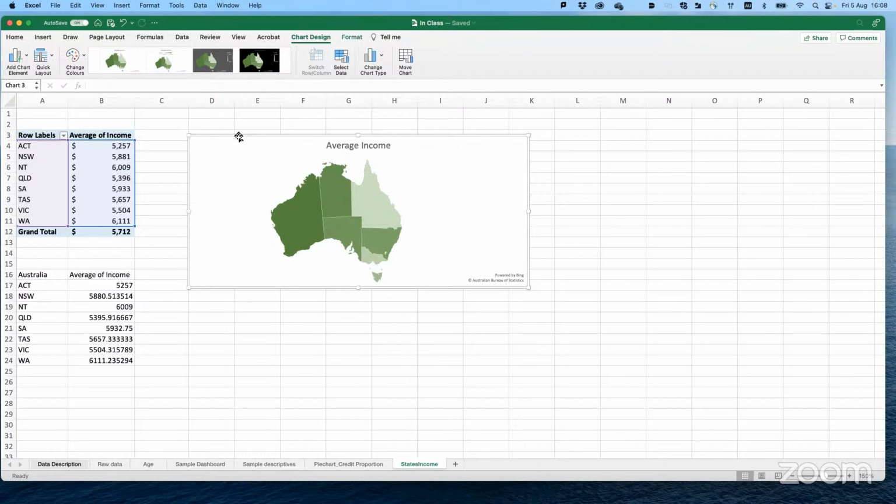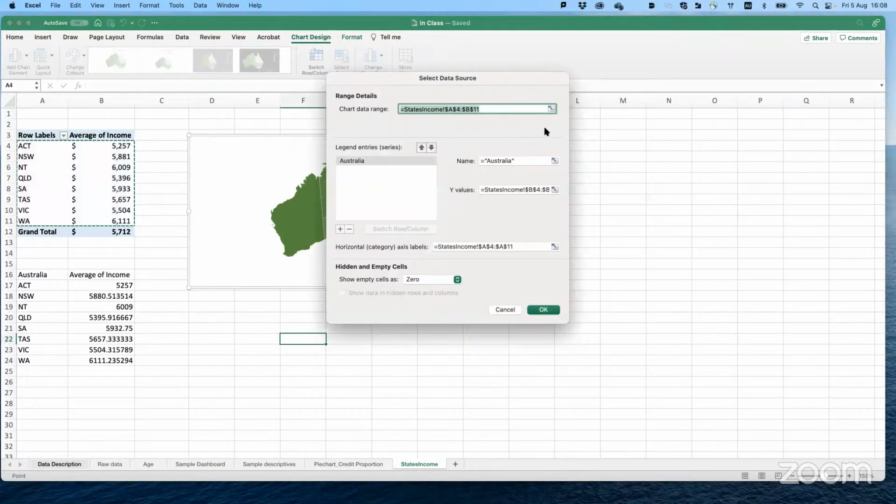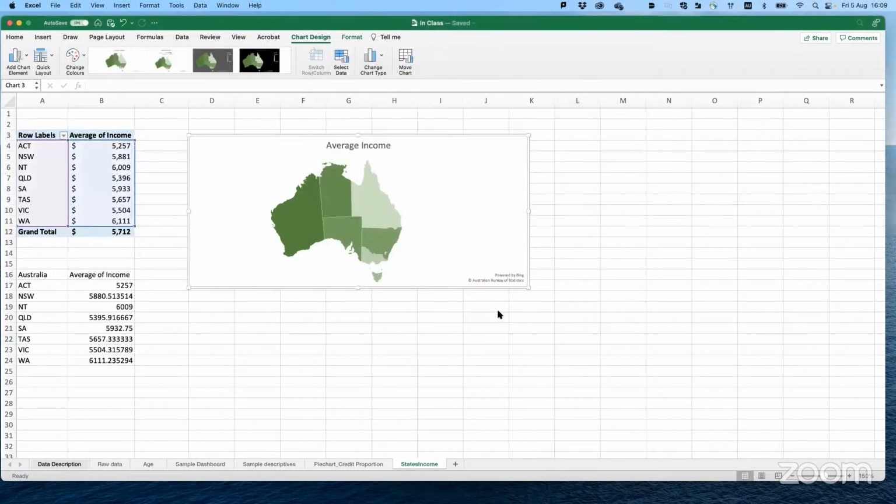So to link it, I clicked on Select Data, and here on the top, Chart Data Range, I selected this table. I created the table and then moved it to the top table. Giorgio answered? Okay. You have this. You can add chart element. You can add data labels. And now you have the labels.